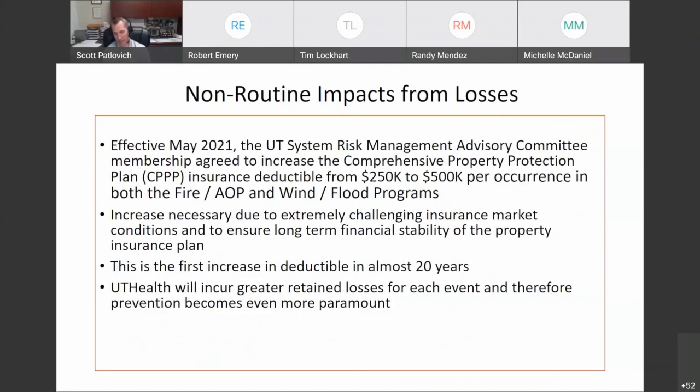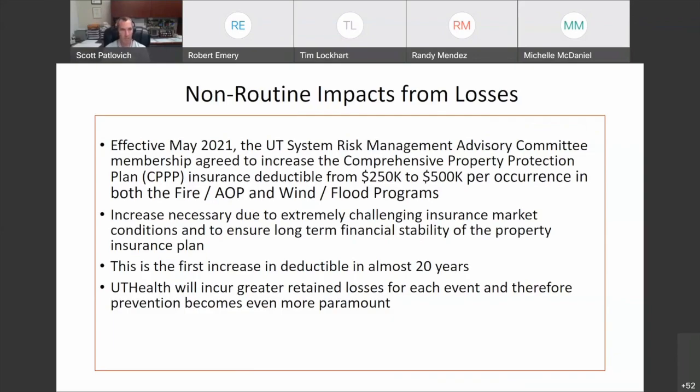And then another key thing here, and this is something that is important for our safety folks from a prevention standpoint. For the first time in many years, our property insurance deductible for any occurrence doubled from $250,000 per occurrence to $500,000 per occurrence.